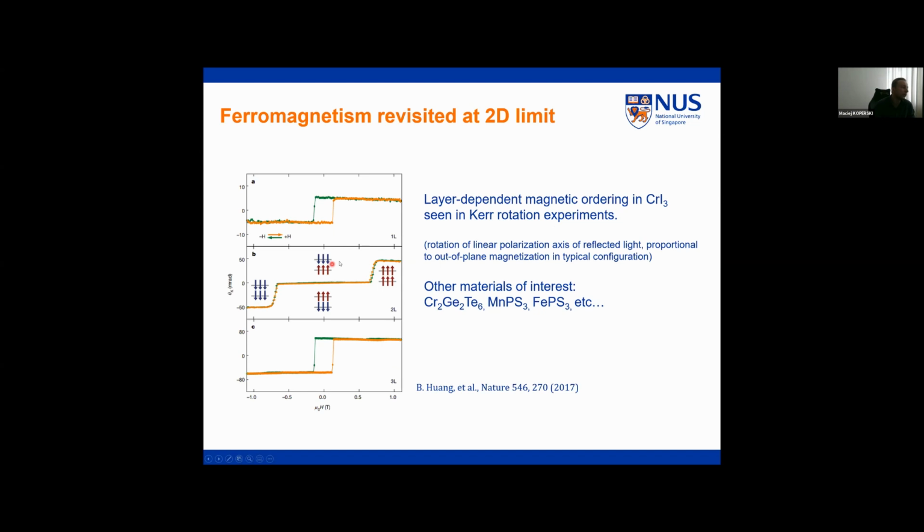So it behaves in a way that individual layers show ferromagnetic order, but the layers are coupled to each other via antiferromagnetic interaction. So there is no net magnetization without external magnetic field, but then by applying an external perturbation, a magnetic field for instance, you can flip the direction of the magnetization on one of the layers and observe non-zero net